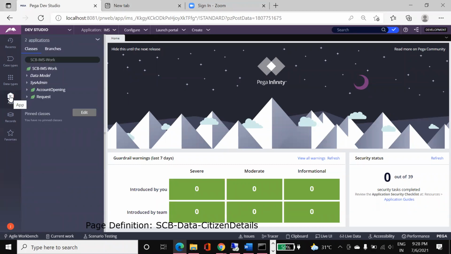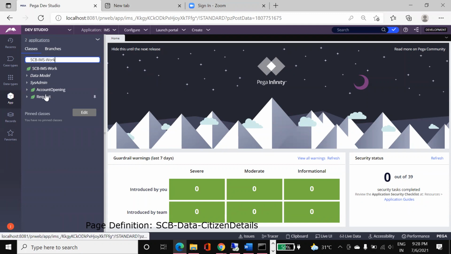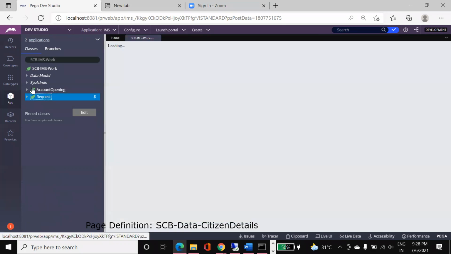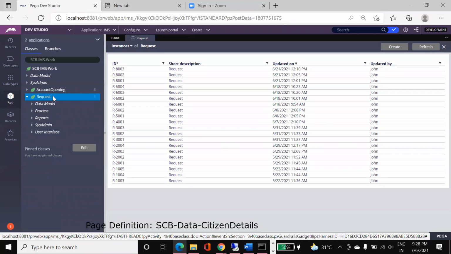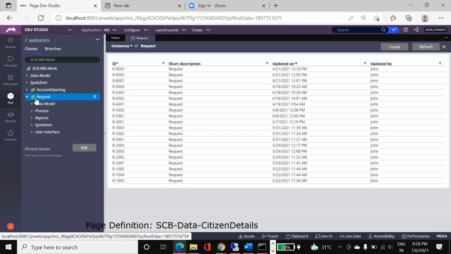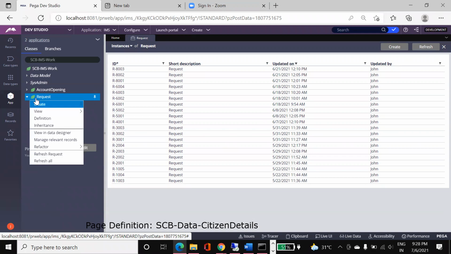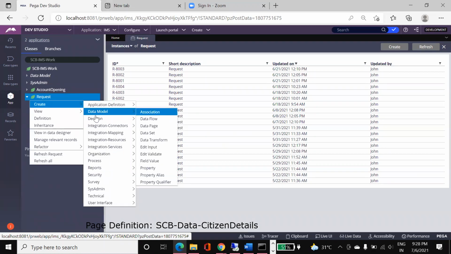Step by step, let's say this is my work class, SCB IMS work, account opening and request. Go to the class wherever you want to create that page property. Now I right-click, go to Create, then Data Model, and then Property. This is the navigation to create a single page property.